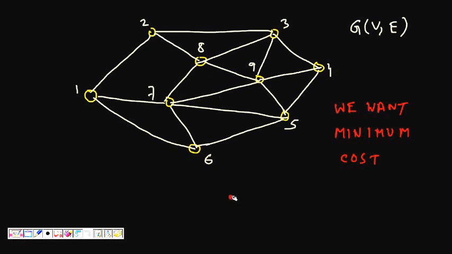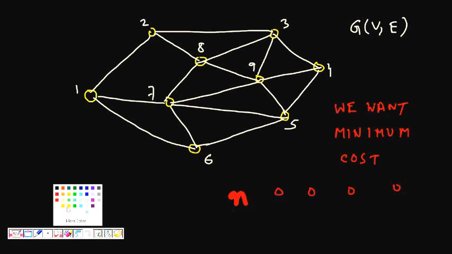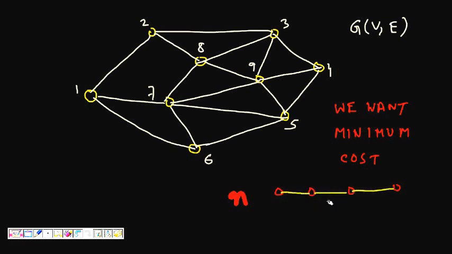So if there are n cities, a very simple example, if there are 4 cities and you have to connect them, how many minimum edges are required? 1, 2, 3. These 3 edges are enough to connect all of them.